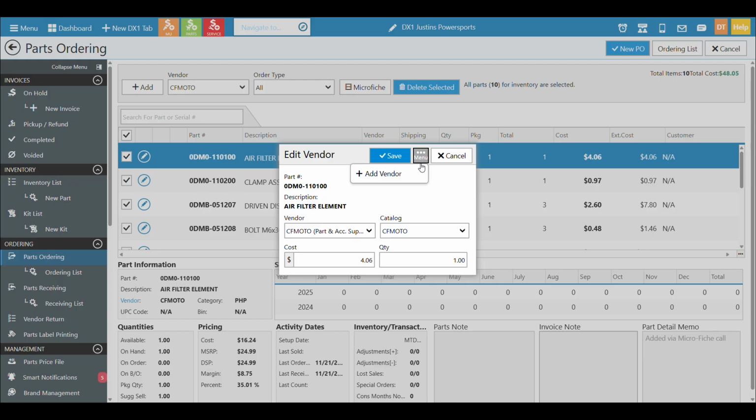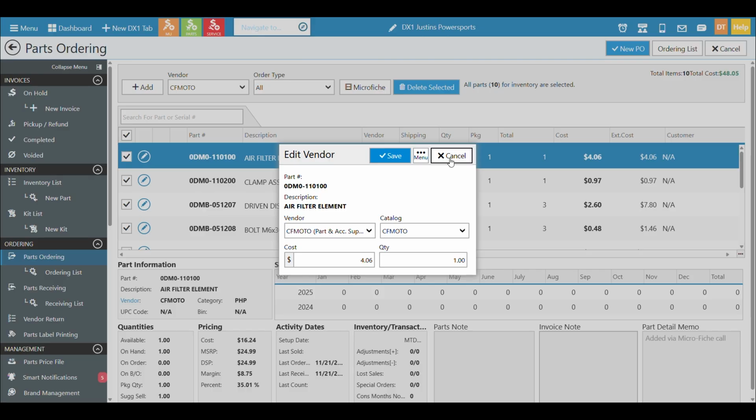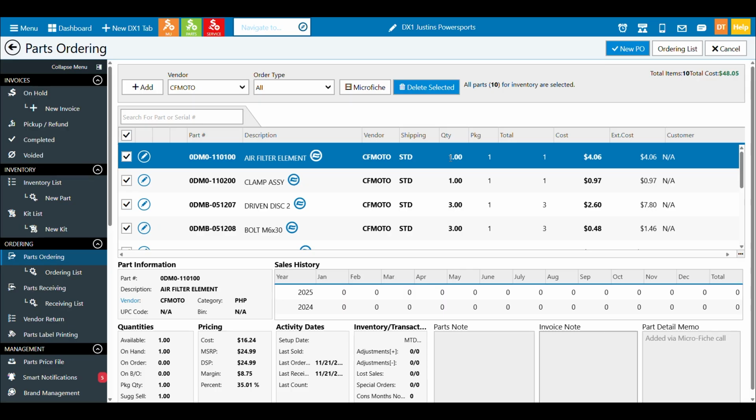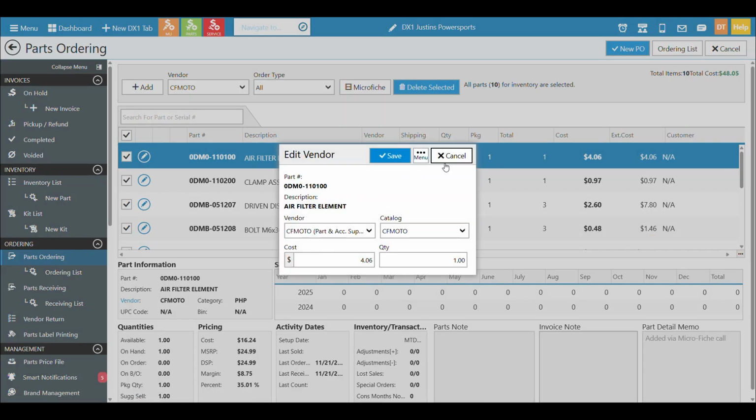And if you need to add a vendor that's not in there, you can go ahead and do that, add it to a list, and then it'll show once you get all that set up in your vendor and catalog. And then you would hit save to do that process. We're not going to do that for the sake of this video, but just make sure that you know it is available. And again, even though there's a drop down there, in order to change it, you need to click the vendor hyperlink for the pop-up over here.